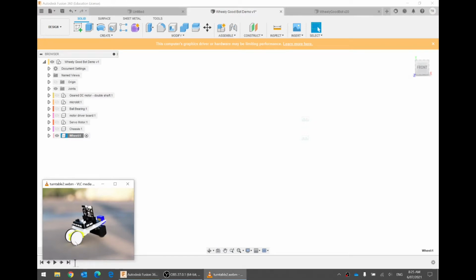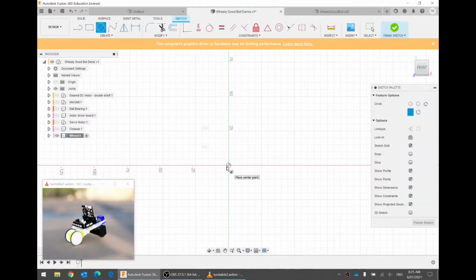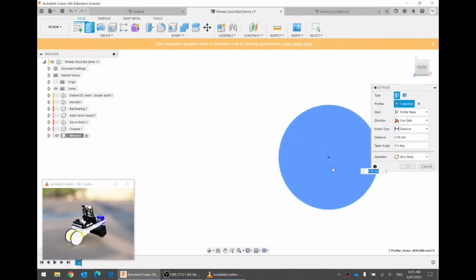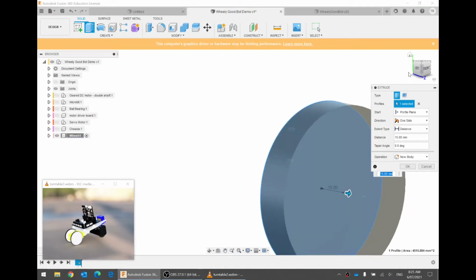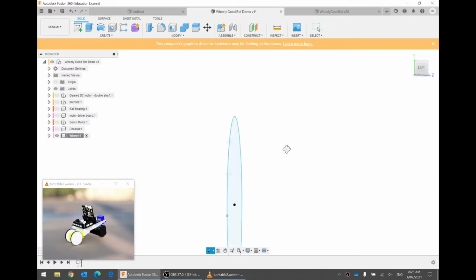These wheels are designed to have rubber bands that go around them. So let's design it. Instead of drawing a circle, so this is what we're not going to do. We're not going to do this. Draw a circle, and then extrude. We're not going to do this because we want to have a groove cut in the top here. And I think the easiest way to cut a groove in the top is, instead of drawing a circle,